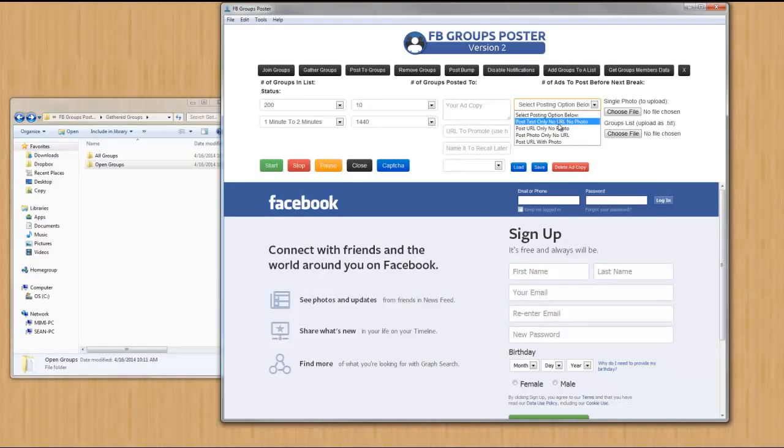You also have the option to post to groups with these 4 different options here. You could post text only, no URL, no photo, post URL only, no photo, post photo only, no URL, or post URL with photo. So let's say we selected the option to post URL with photo. Now automatically this is default to no photo. But let's say you want to post URL with photo. So now you have to select what you want to do. Do you want to post with a single photo, which means that you would just use this option here and it would grab that photo,